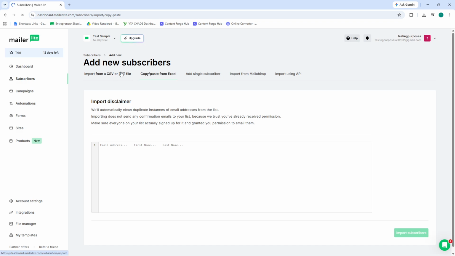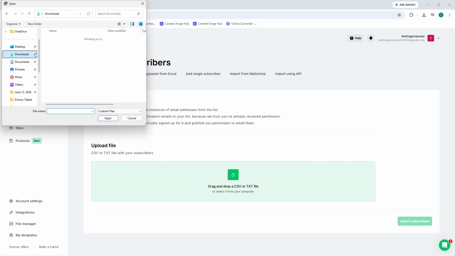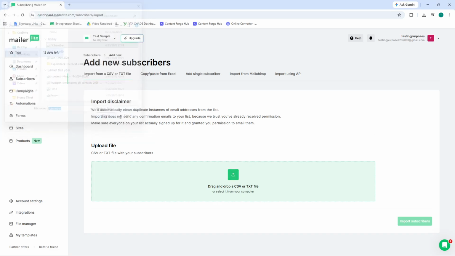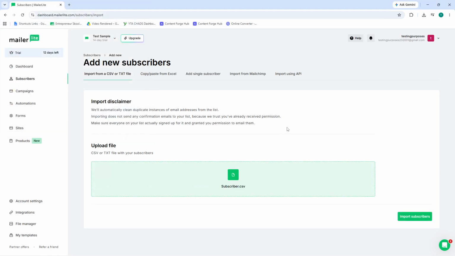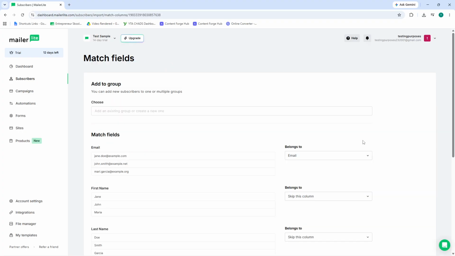A file upload window will pop up. Click Browse or Choose File to locate your CSV file on your computer. Navigate to where you saved it, select it, and then click Open. The file name should appear on the screen, confirming that it's ready to go. If your file is particularly large, say more than a few thousand rows, give it a moment to upload. MailerLite will start processing the file as soon as it's selected, and you'll see a progress indicator. This processing step is where MailerLite reads your data and gets it ready for mapping, so don't close the window